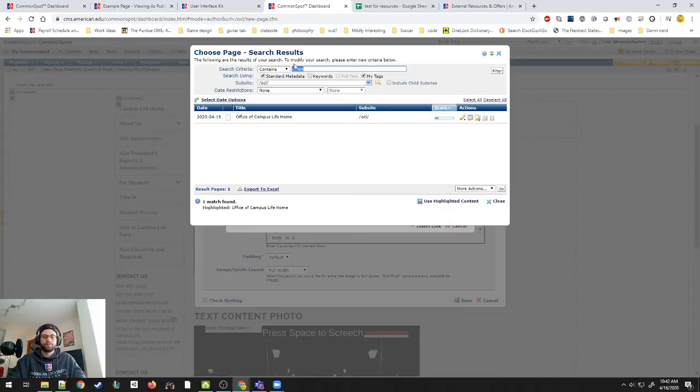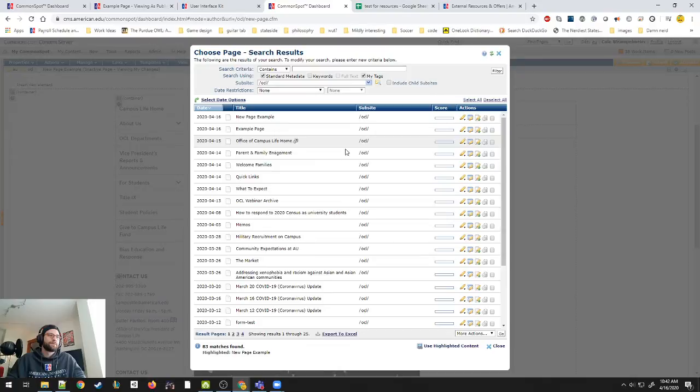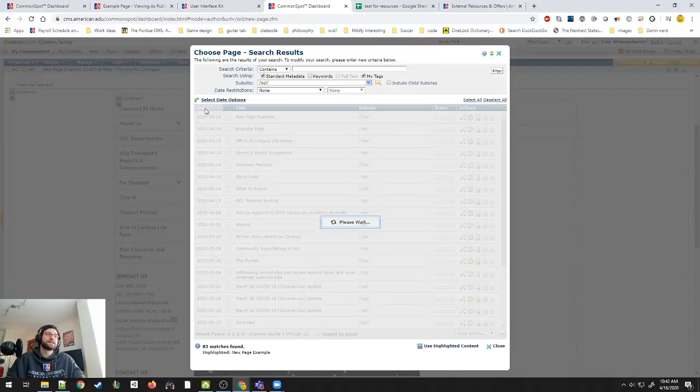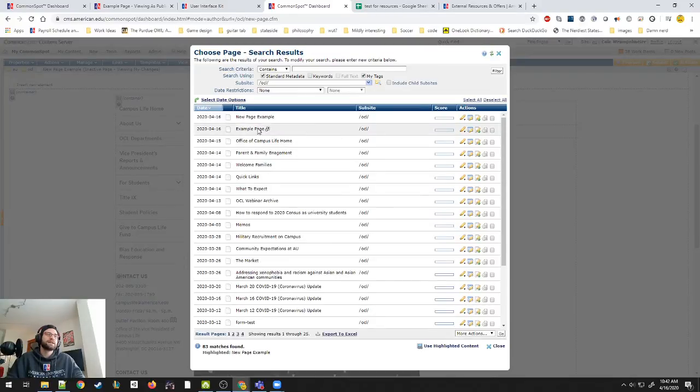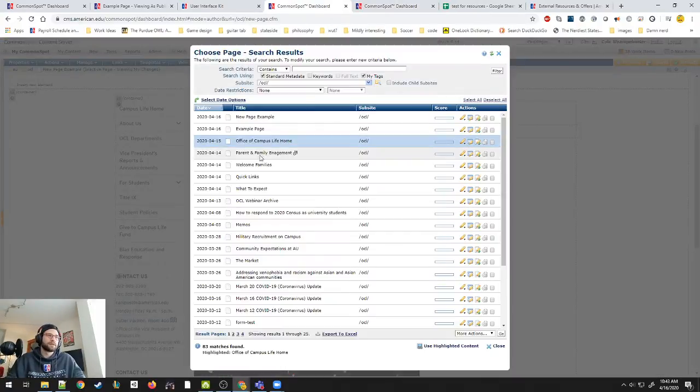So we can do that, but let's filter. There's a couple of different ways that we can do this. Let's say it's a new page that you've been working on. You made a change recently, or you recently created it. You can sort by this date. And this is going to give you the date that it last had a change. So you can see I've been messing with these example pages lately. And hey, Office at Campus Life Home. Let's say we're extra suspicious, right? Let's just double check. You hover over that page and click the arrow in a box.